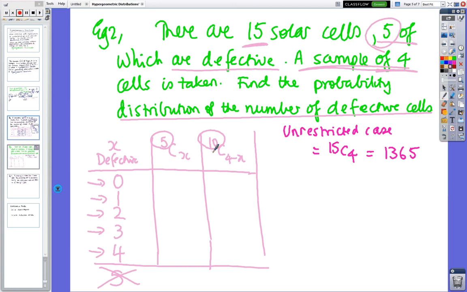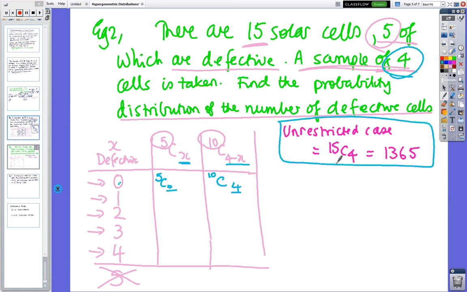Okay, so in the first one, we're going to do 5C0, and then this will be 10C4, because if we've got no defectives we must have 4 normals. So in my table I've got x is the number of defectives and 4 minus x is the number of normals. Why 4? Because we're taking a sample of 4. Now the unrestricted case is 15 cells and we're taking a sample of 4, so the unrestricted case is